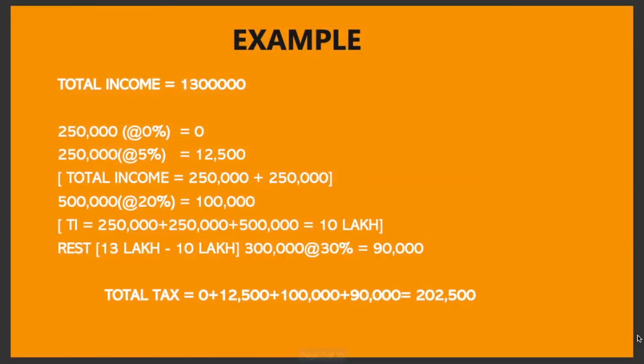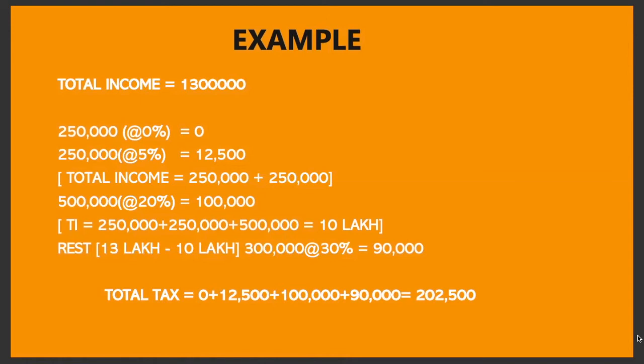Suppose your income from trading in shares in a year comes to 13 lakhs. The first 2,50,000 of your income, you don't have to pay any tax, which we discussed. This limit of 2,50,000 might change for senior and super senior citizens. Now the next 2,50,000 of your income, the tax rate was 5%, which comes to